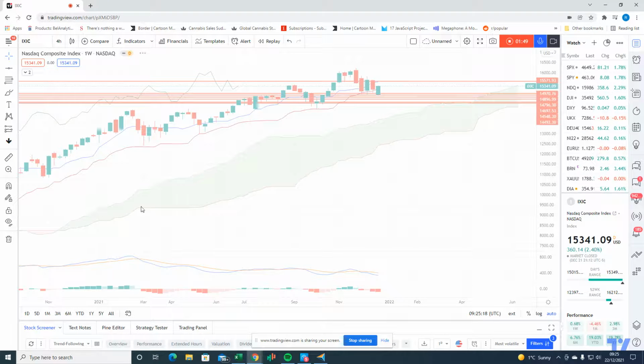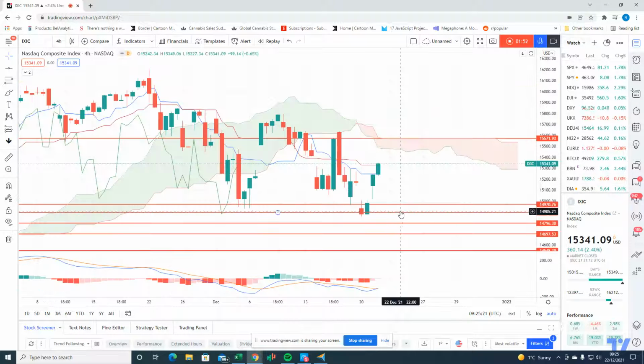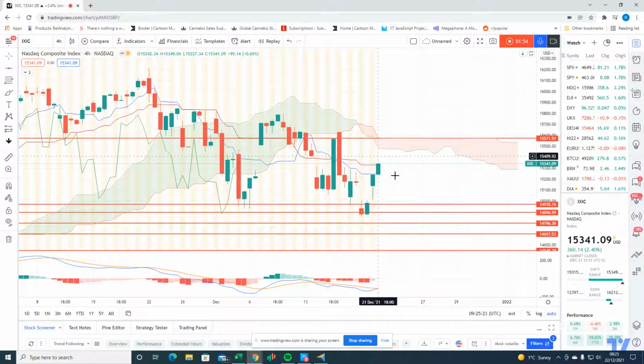Turn to the 4-hour chart, where we see a bit more intraday. Not out of the woods yet. We're still below the bottom end of the cloud, so that's bearish. So we are having a bearish rally on a cloud chart basis. We really need to see the Nasdaq break past the top end of the cloud. Yeah, so that's a critical line in the sand. Watch out for